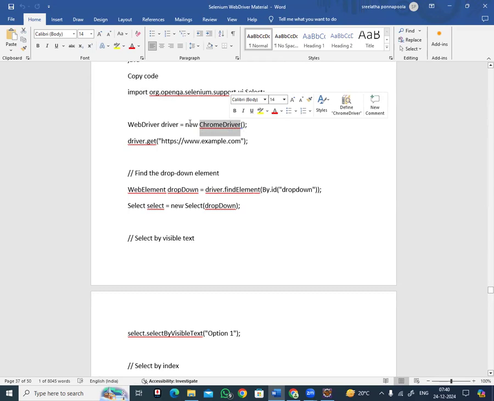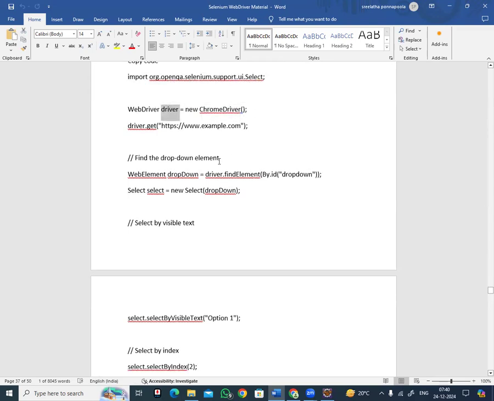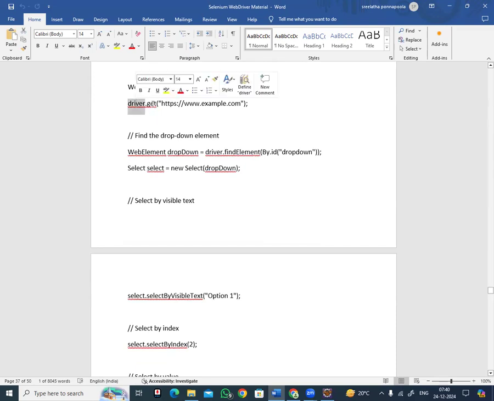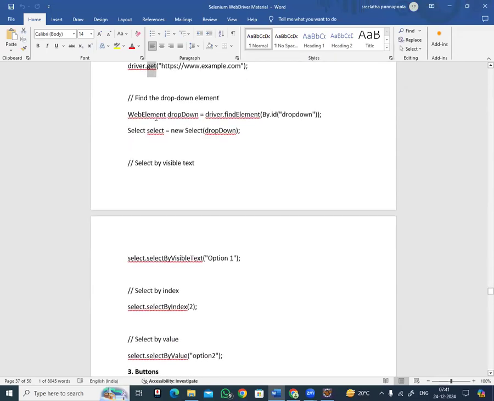For the ChromeDriver class, we are creating the object. After that, the object.get method will be used to open the application. Give the URL of the application here to open it. For opening the application on the Chrome browser, we are using the get method. And then